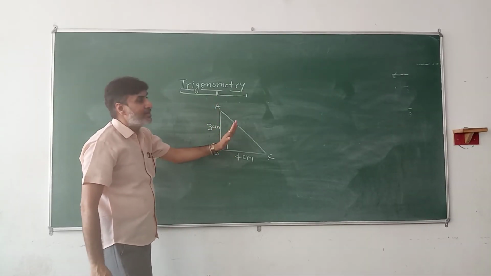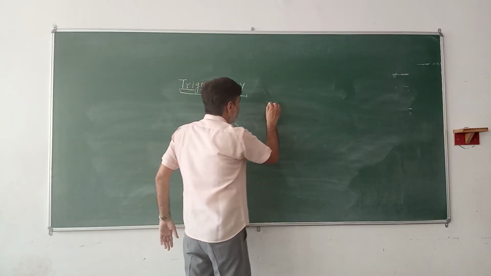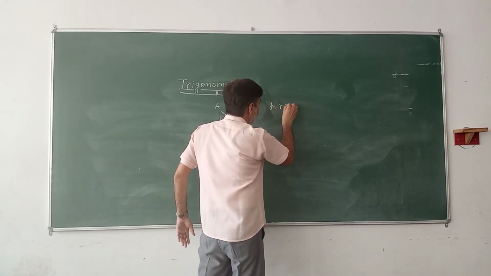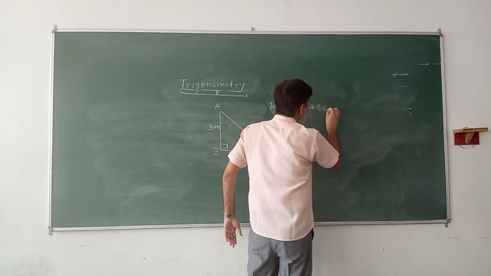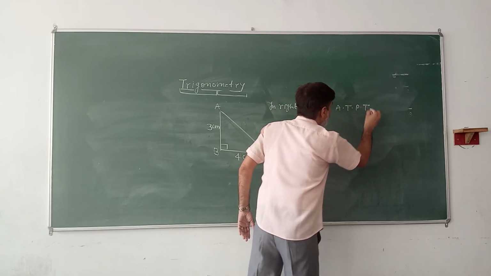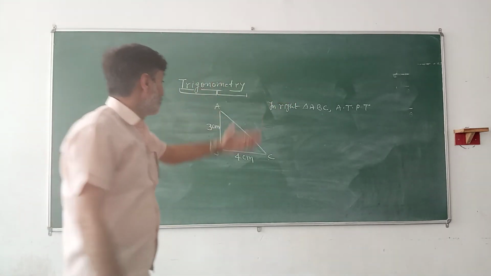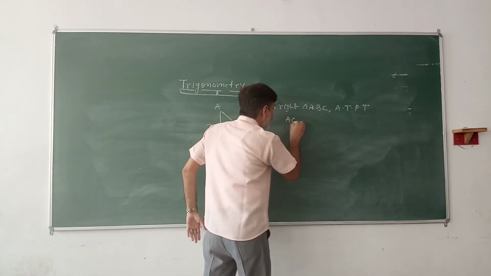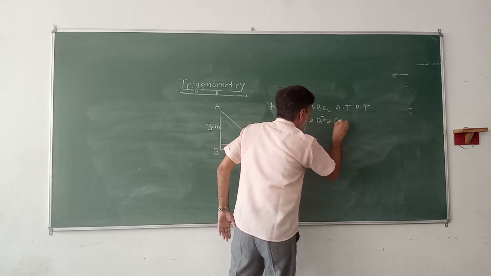Therefore, in right triangle ABC, according to Pythagoras theorem,